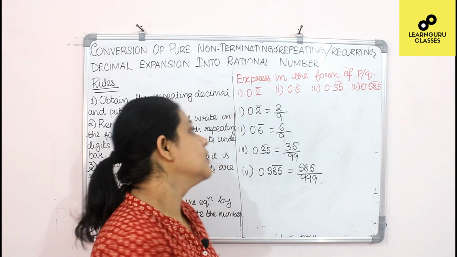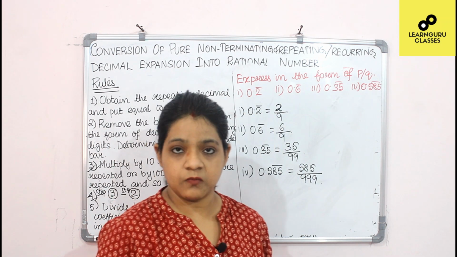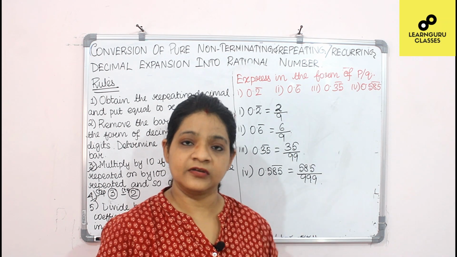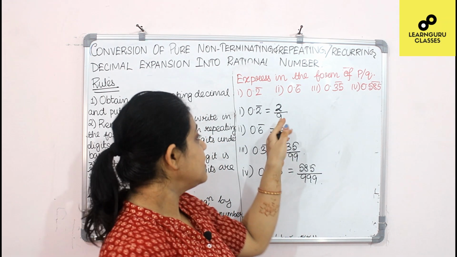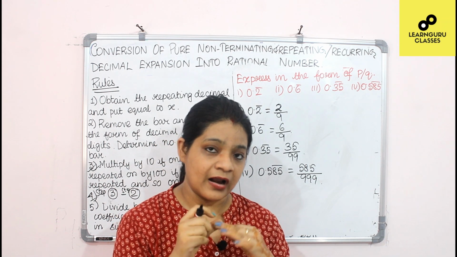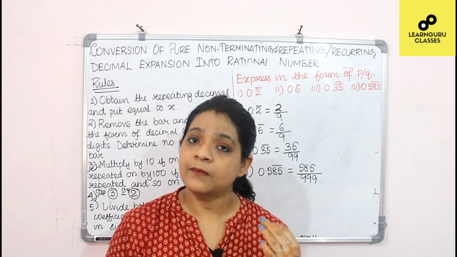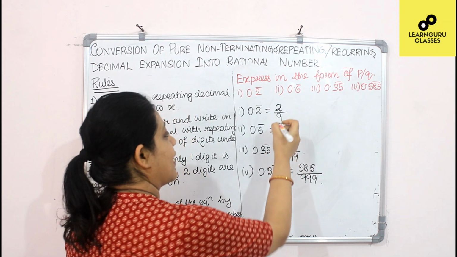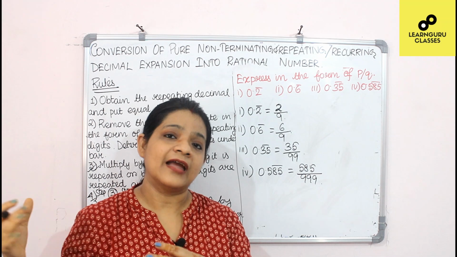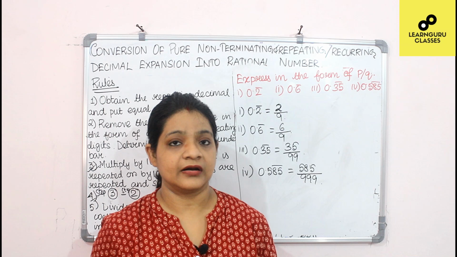So what is the rule? In the numerator you will be writing the number that is under the bar. Okay, so 2 is under the bar, so 2 you have written in the numerator. Now in the denominator, what will you do? How many digits are under the bar or are being repeated? One digit is under the bar and is being repeated, so you will write here 9. So put 9 or values of 9 equal to the number of digits that are under the bar.